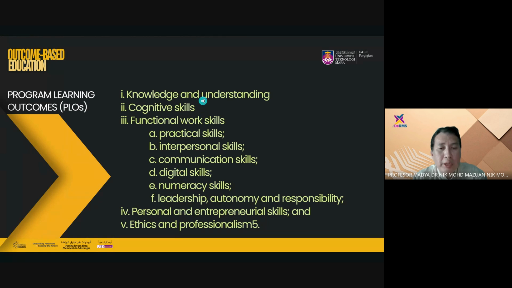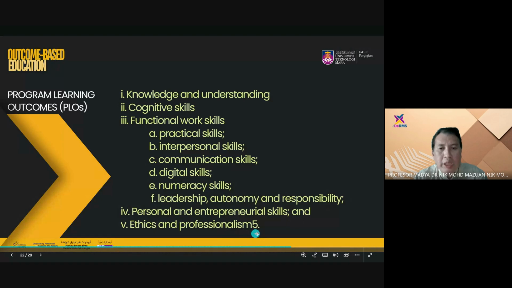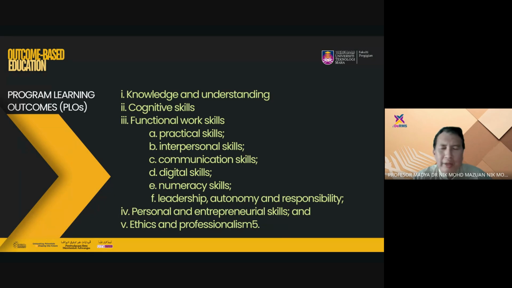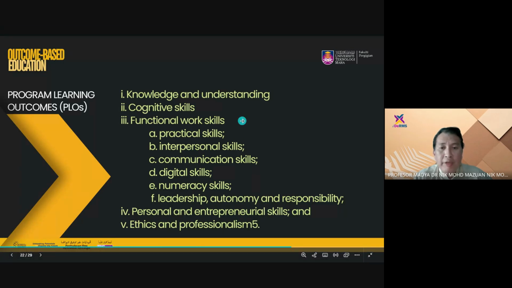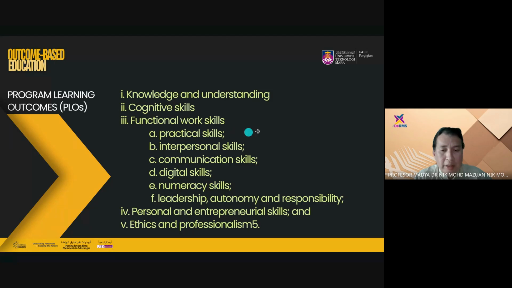But we need to see the program standard for each program, how the program standard lays out its learning outcomes. We need to follow the learning outcomes from the program standards. This is the generic one provided by MQA, so it depends on the governing body. For us it is the Malaysian Dental Council, so we need to follow what they have given us for the program standards. We will do this more in curriculum course alignment later on.